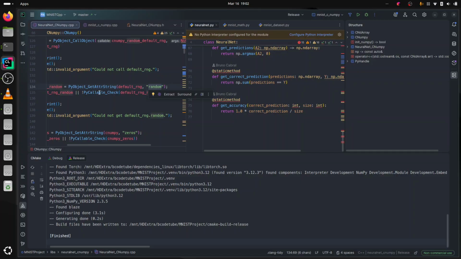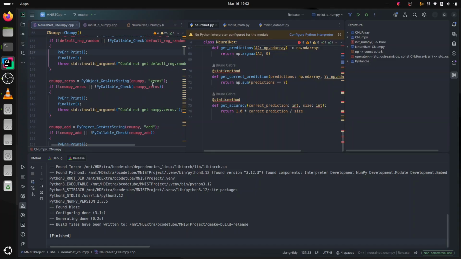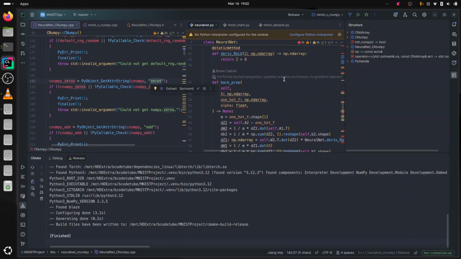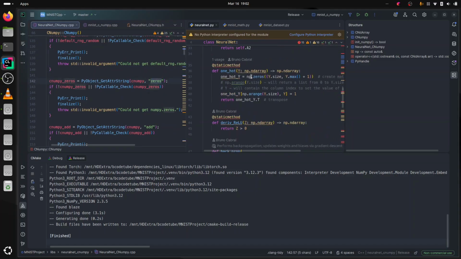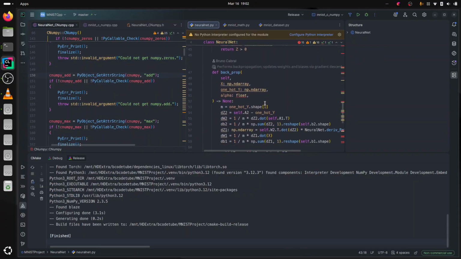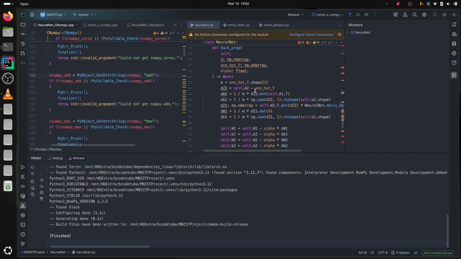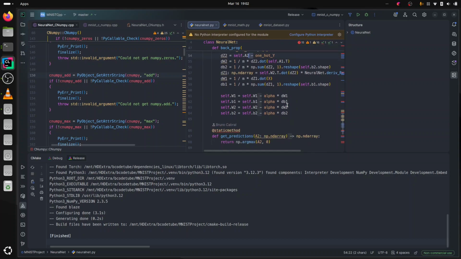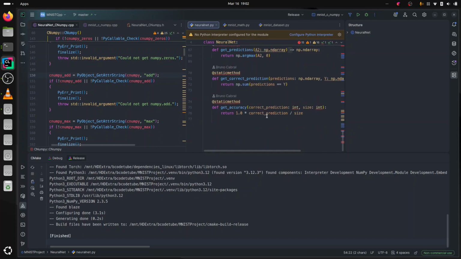This is the method for the generator. The zeros, also I use here zeros. So np zeros, then find the zeros. Add is the function add. Basically is when we do the sum, or